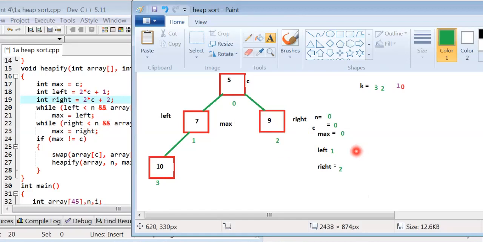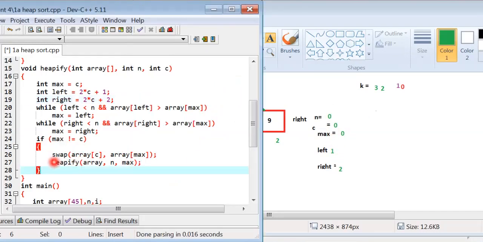Left less than n, left value is 1, n value is 0, condition is false. Right less than n, right value is 2, n value is 0, condition is false. Then max is not equal to c, max value is 0 and c value is 0, condition is false. Then loop is terminated.